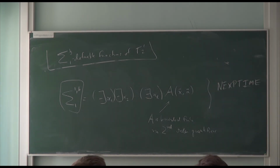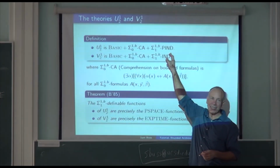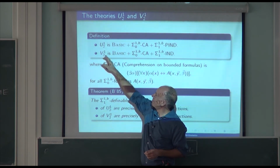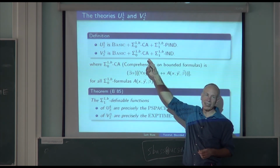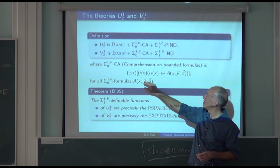And the theorem then is, the definitions look very much like before. We allow induction on these things, either P induction or induction. We call the theories U^1_2 and V^1_2. We need another axiom saying that some second order objects exist at all, because it could be just the dumb theory where no second order objects exist. And we take